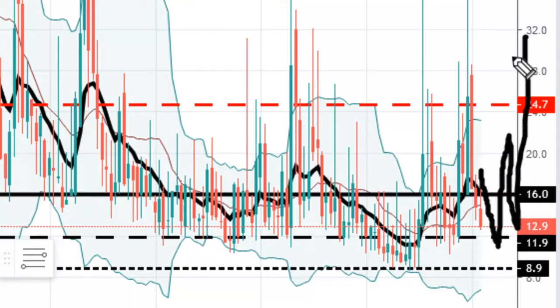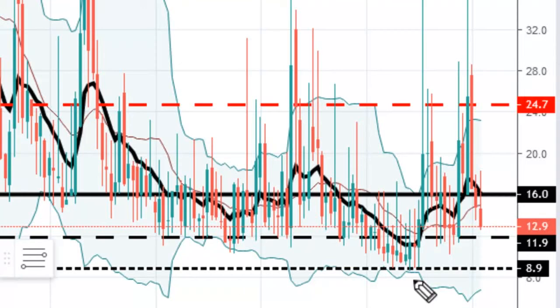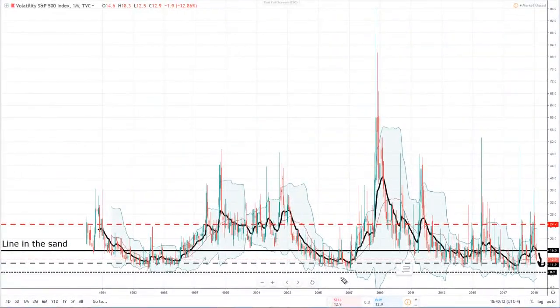And if you do think that growth is softening, and the market has been rallying so strongly for so many years on the back of the accommodation by the Fed, etc., that perhaps we are going to go into a bit of a higher volatility period, this is an opportunity as this volatility heads down towards 12, because if you look back, when has it really gotten below 9? Very rarely. And if you were to buy VIX, if it was to head down below, let's say 12, 11, and you could have a stop loss below that level of 9,